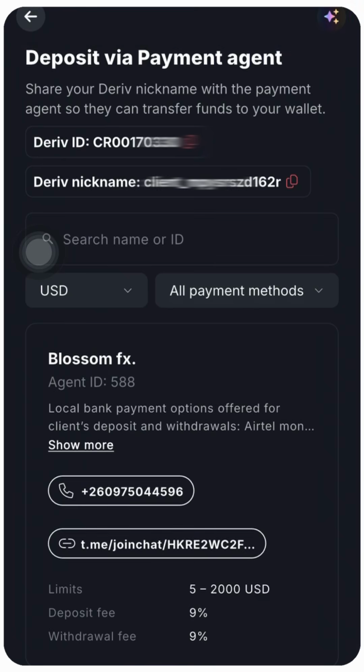Deriv is a platform where you can trade synthetic indices 24/7, every blessed day, and these synthetic indices are not affected by any news. You are good to trade with them